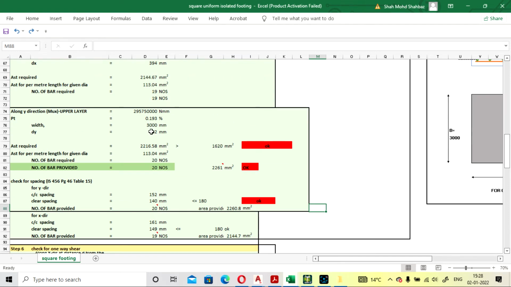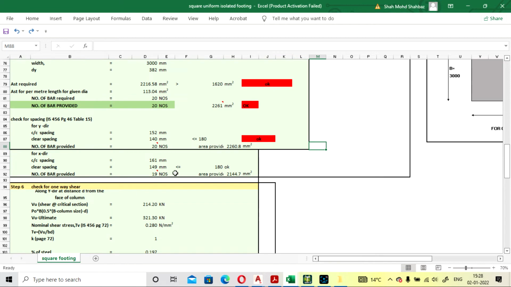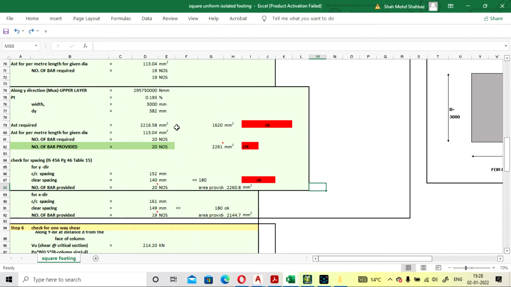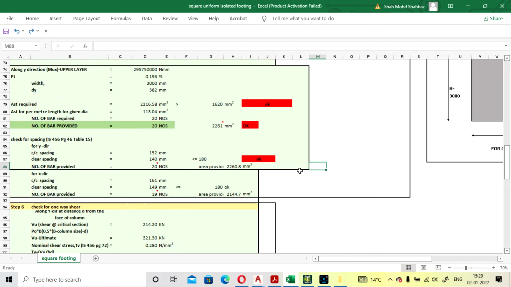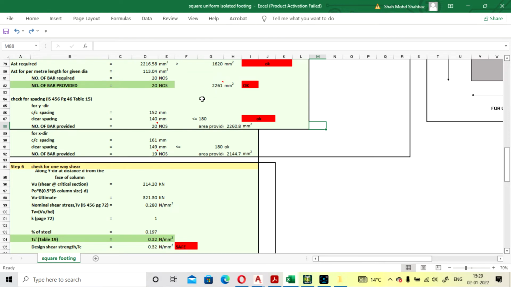For maximum steel, it is calculated for the upper portion, that's why I have already done it separately here, and you can also check the x for the first layer, if you want. But if you are going with the y direction only, that will be okay, you can provide the first and second layer with these bars only. Now here it is pass, it is okay.